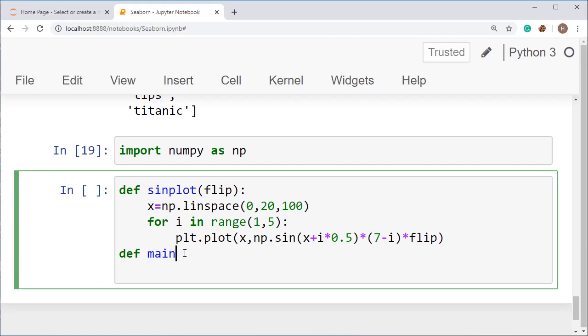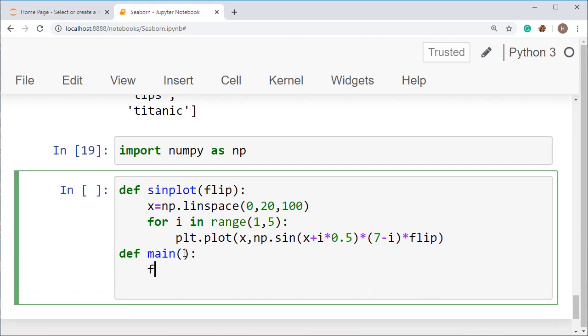So I'm plotting the sine plot. Before that, I'm using a function definition called main, and here we will be taking input from the user. So flip is equal to integer input, and I am asking for the input: put the flip value.